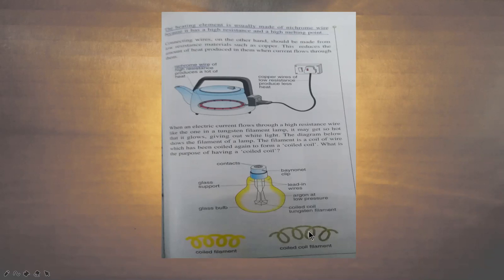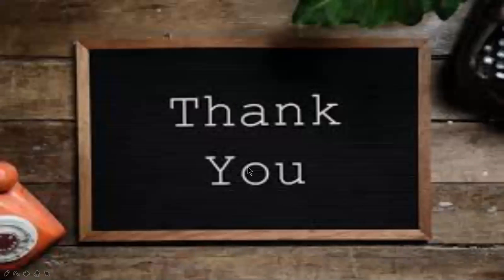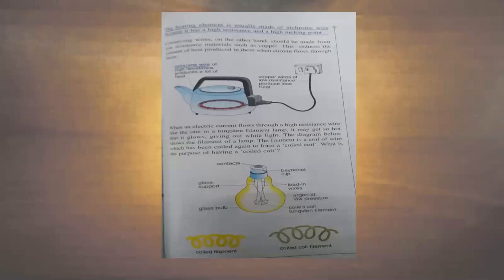Coiling क्या है? इससे एरिया इंक्रीज हो जाता है, much area is covered. बहुत सारा वायर जो है वो छोटे से एरिया को कवर कर लेता है। This bulb is filled by means of inert gas. ये इनर्ट गैस से फिल्ड अप होता है, भरा हुआ होता है। What happens when you connect this wire in the socket and switch on this electrical current